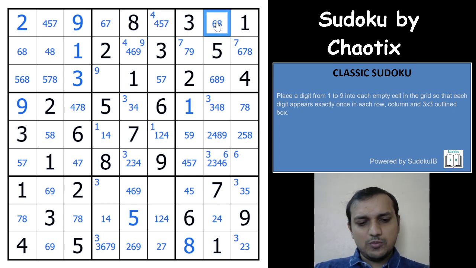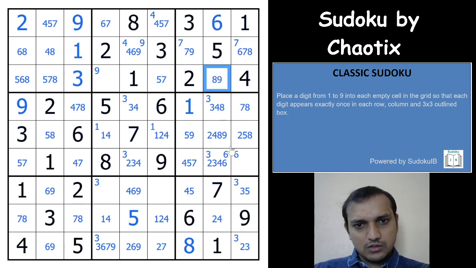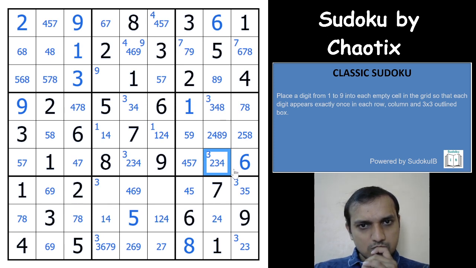Oh, 8 cannot be here. Come on. This is not an 8. This would have to be a 6. 8, 9, 7 is here. This is 6. Okay. So this is a 6 now. This cell cannot be a 6. That has to be a 7. So 7 is eliminated from this cell. This is a 5,